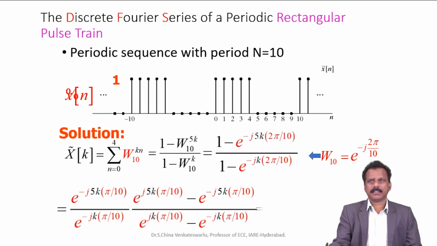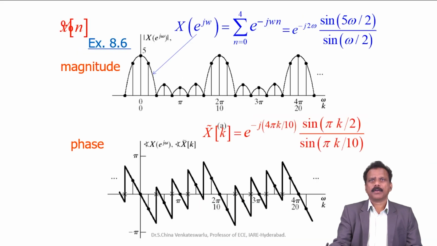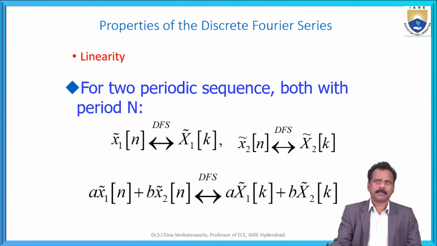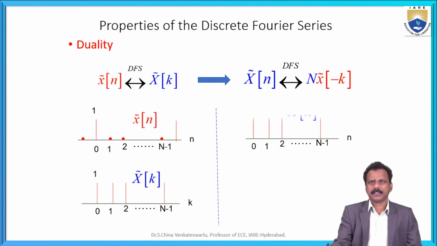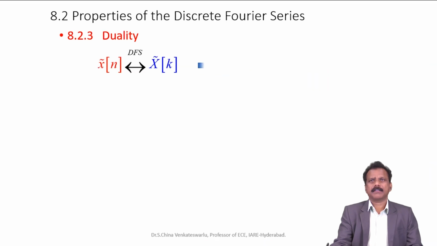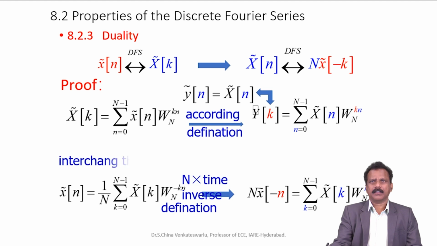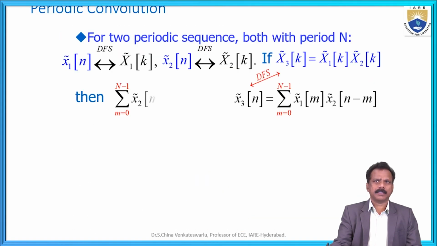In this problem you will see how it varies, the twiddle factor and so on. Here this property is also somewhat involved. The properties of duality are required, so we have to analyze the DFTs and their properties according to duality and interchanging, how it varies. We know all this.